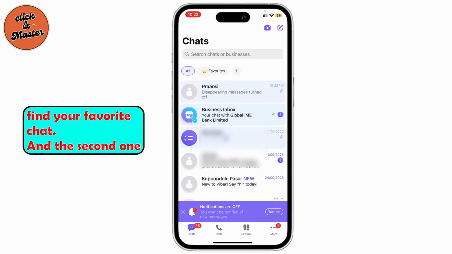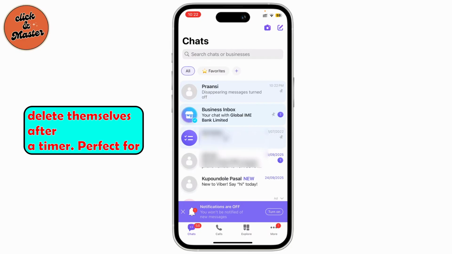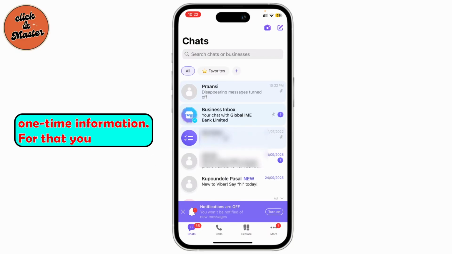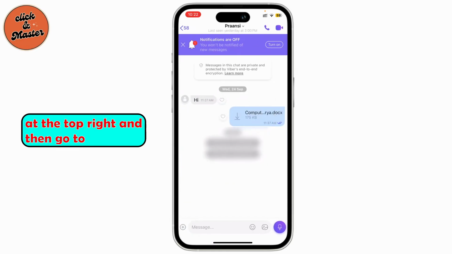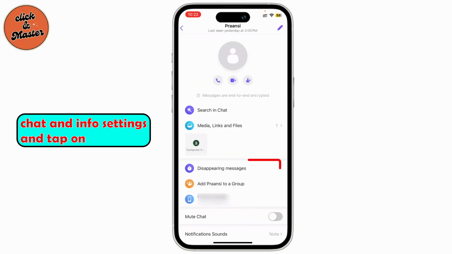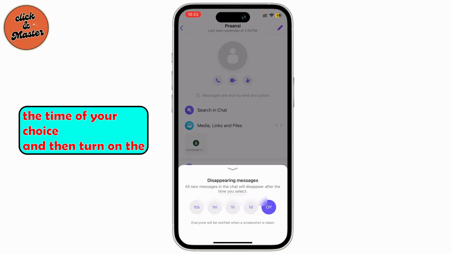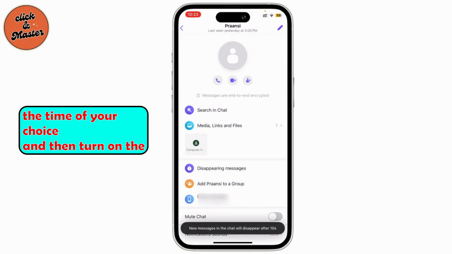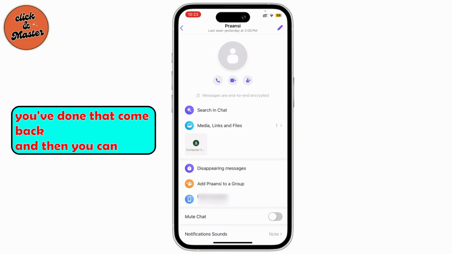And the second one is you can send messages that delete themselves after a timer. Perfect for one-time information. For that, you can open up the conversation, go to the name at the top right, and then go to chat and info settings and tap on disappearing messages, and then just put the time of your choice and then turn on the disappearing messages. So now once you've done that, come back,